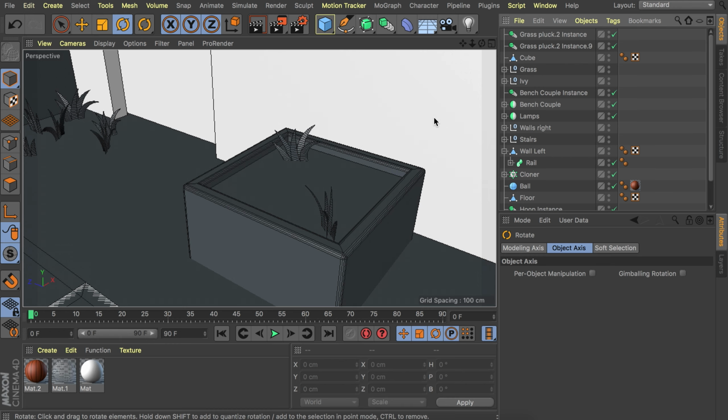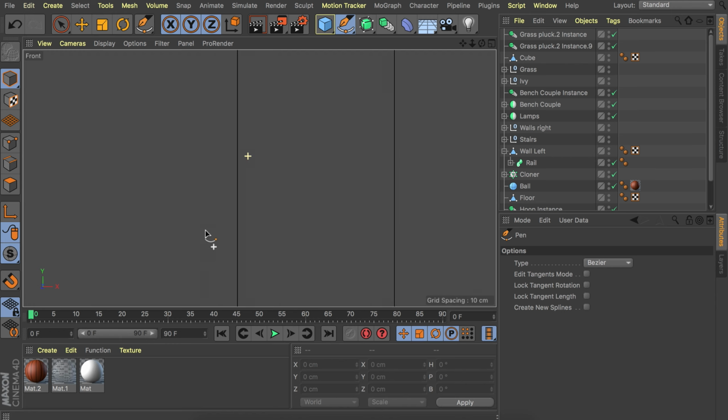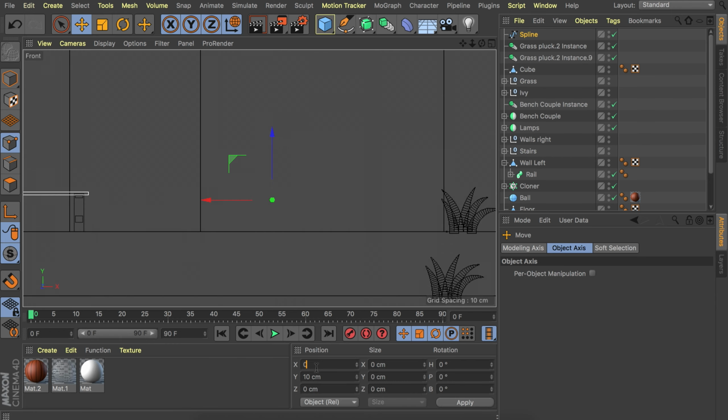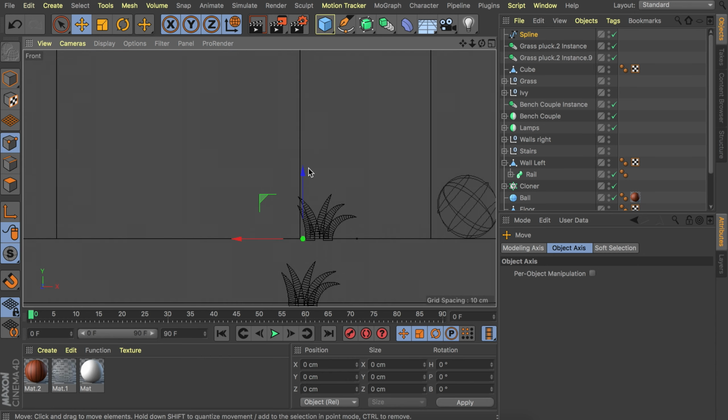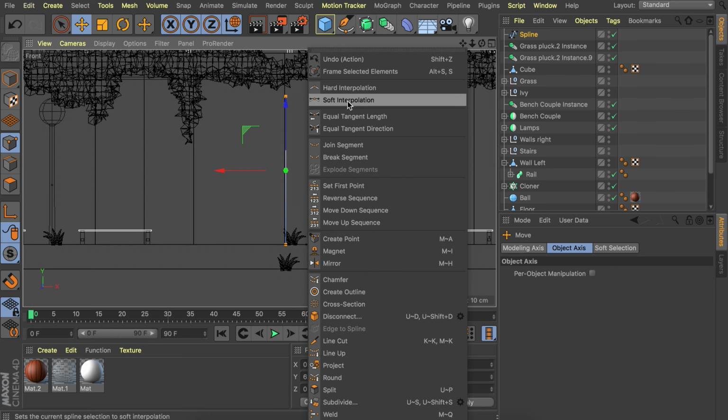And now let's get the plant going. In the front view, draw one point with the pen tool again and center it to the scene by giving it a 0 cm value on all axes. Then create a duplicate of that point above it. You can go to something close to 100 to 125 centimeters. Now I would like to curve this spline. You usually get some of these handles to make curves if you select both points, right click and set a